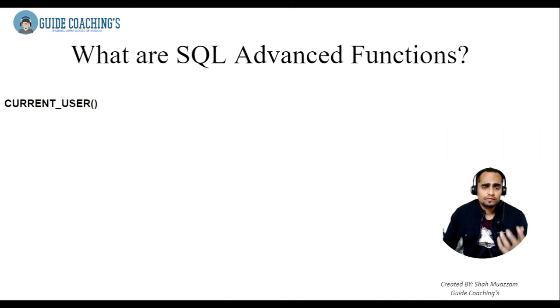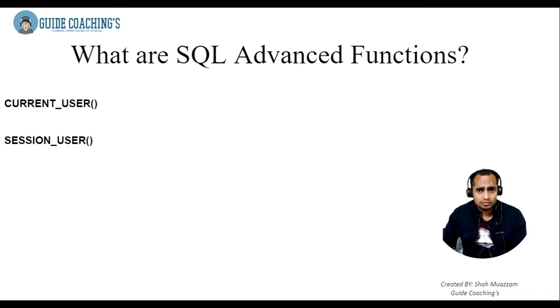Then the first function which comes into it is current user. So this is the function which gives us the current user who is using the system, that we can get using current user. It is an advanced function. Then the second one is the session user. So who is using exactly the system, that we can also get using another term, that is session user. Then we have third